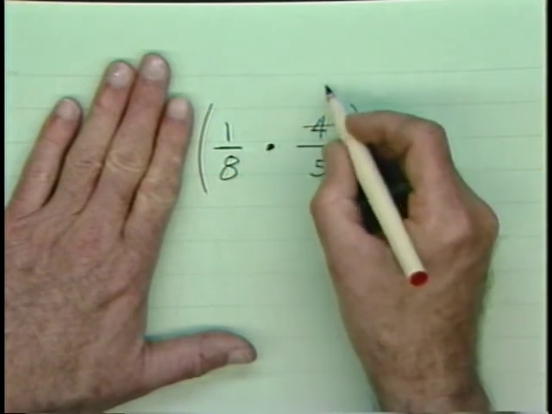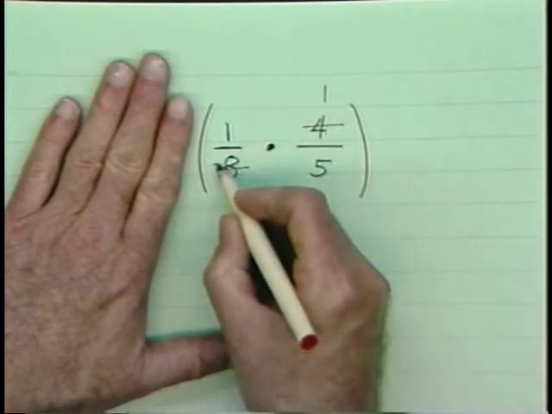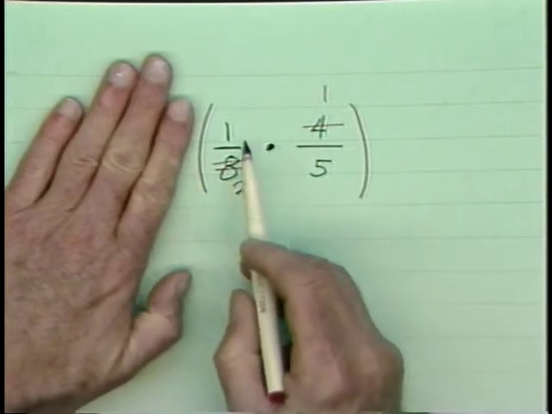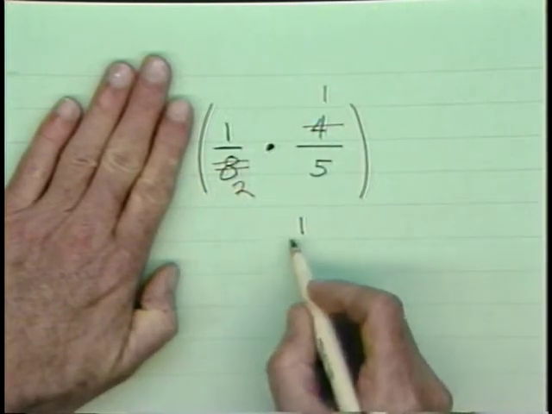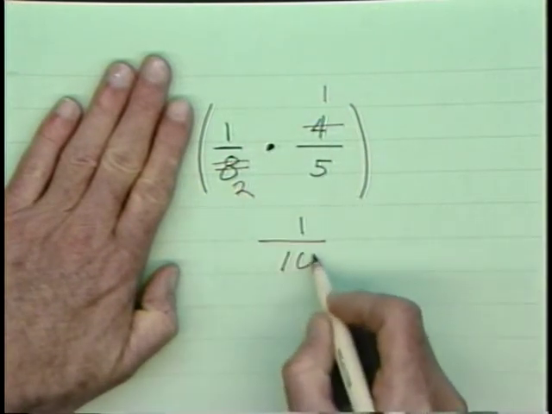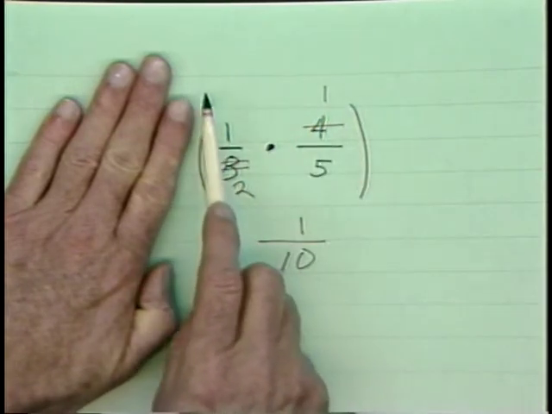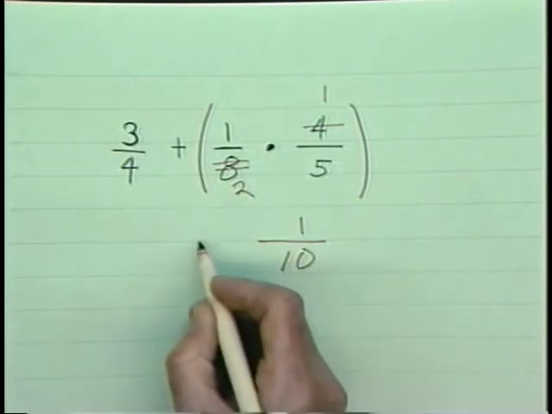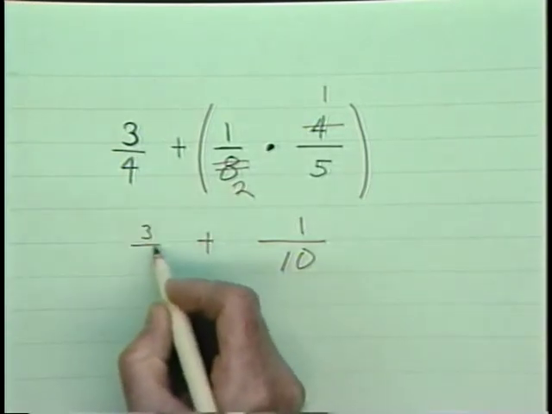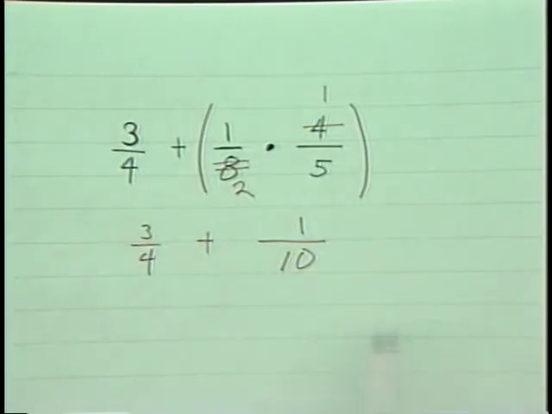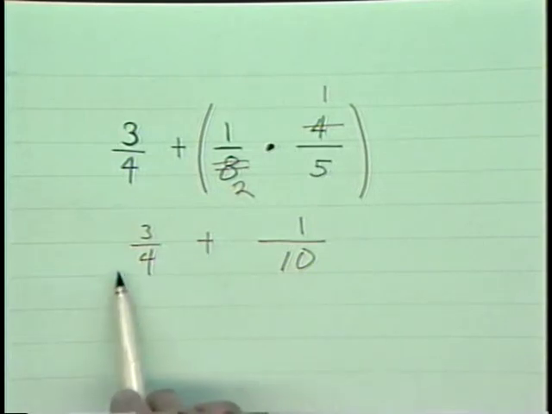And I do have a cancellation here, or division really. So that gives me 1 on top and 10 on the bottom. Now I think my way through the rest of the problem, rewriting it if it's helpful. And now addition-wise, I look for common denominators, which in this case would be